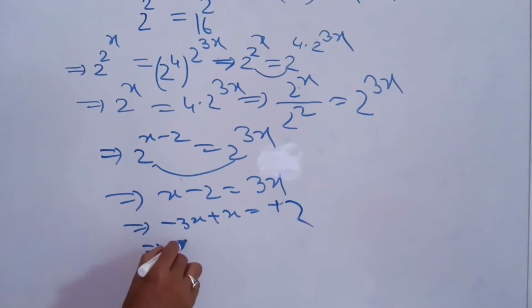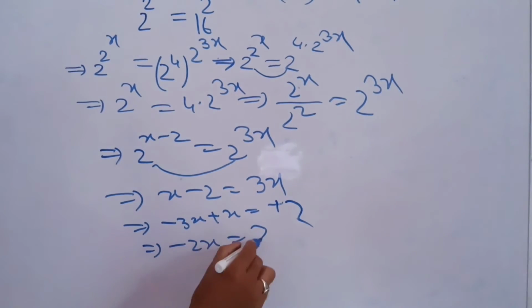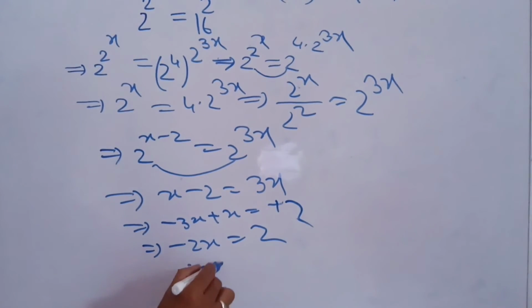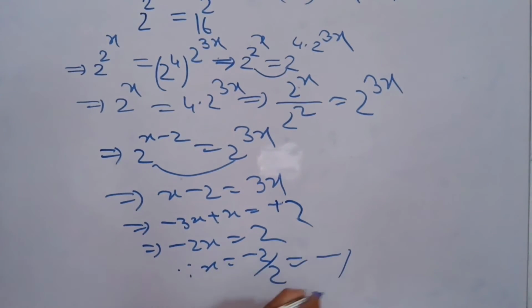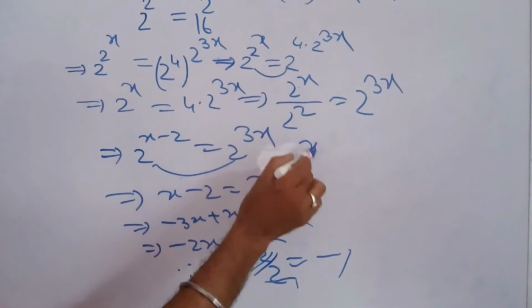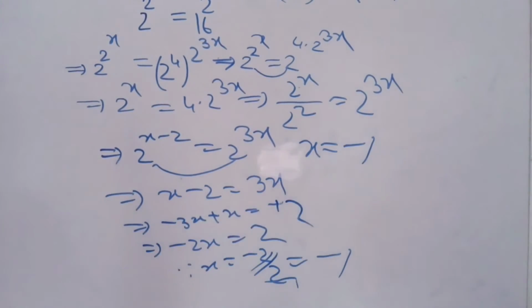তো মাইনাছ টুৱাইছ x is equal to 2, গতিকে x is equal to minus 2 by 2 is equal to minus 1। 2 to cancel, গতিকে xৰ ভ্যালু হ'ল x is equal to minus 1।